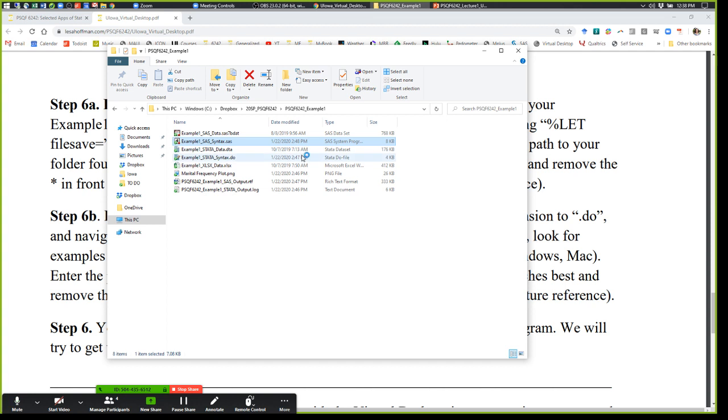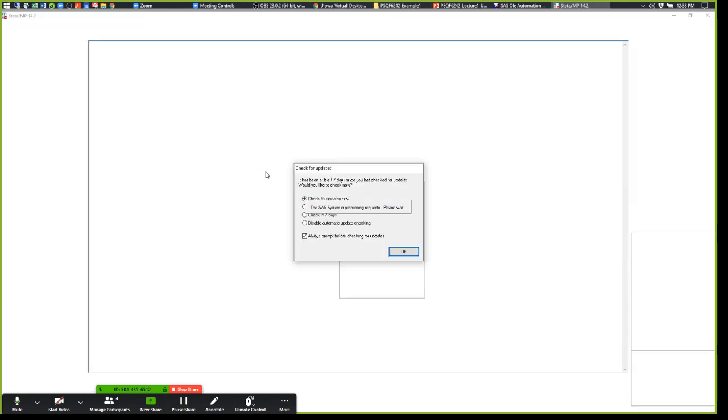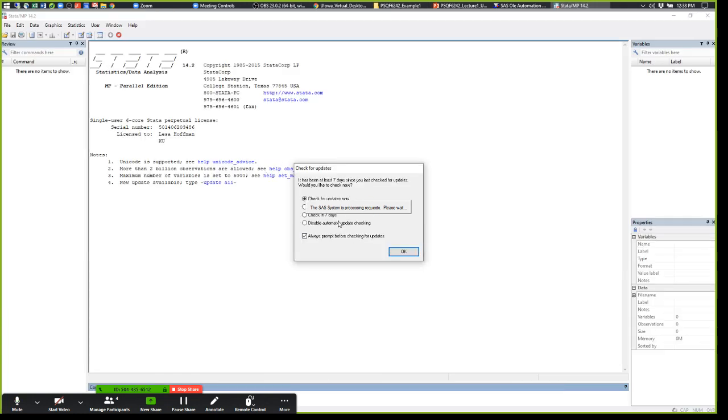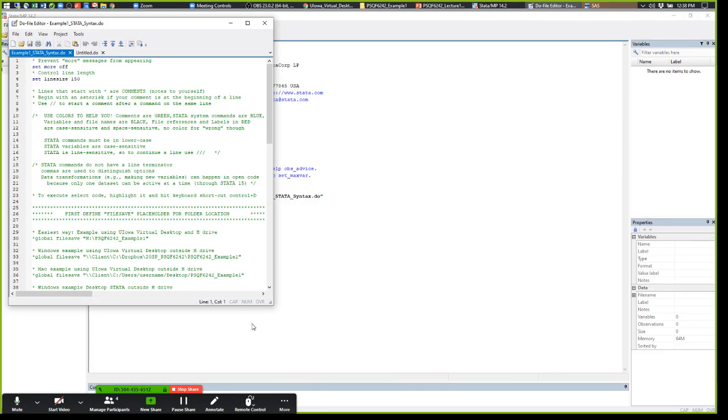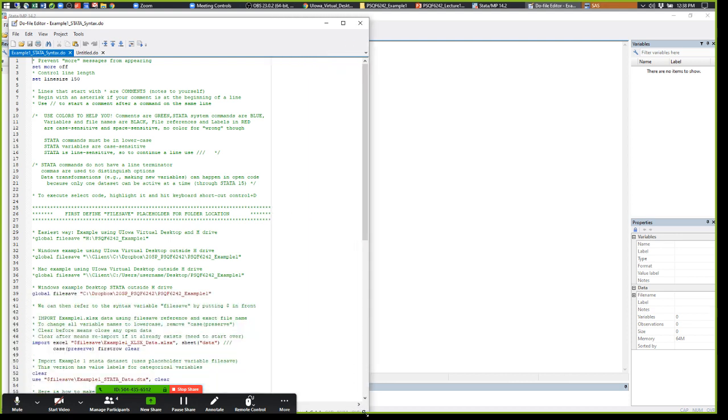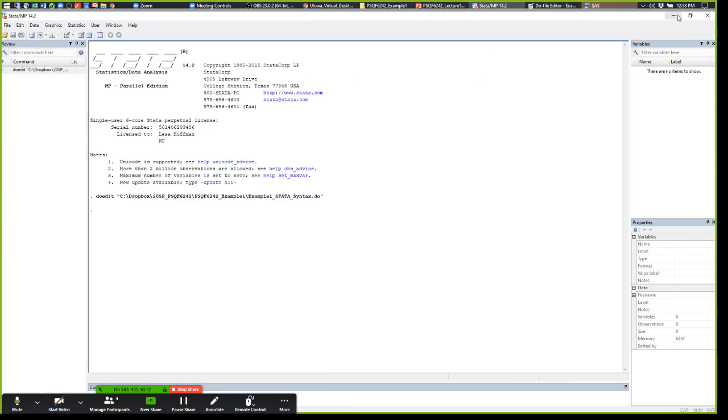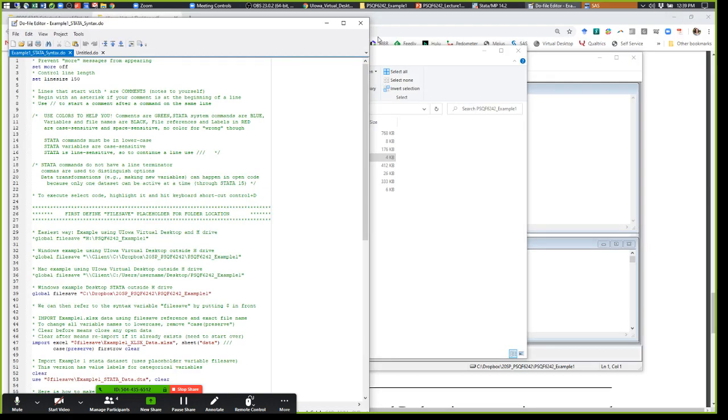So I'll open both SAS syntax as well as Stata syntax. I have both of these applications installed on my laptop proper, so it runs a little more quickly. It takes some time to boot it up inside the virtual machine. I do not want to check for updates right now. Thank you, Stata. It's very helpful, especially while you're broadcasting and teaching. This wouldn't be the first time that my computer decided to restart itself in the middle of a lecture without my control. That's always fun.